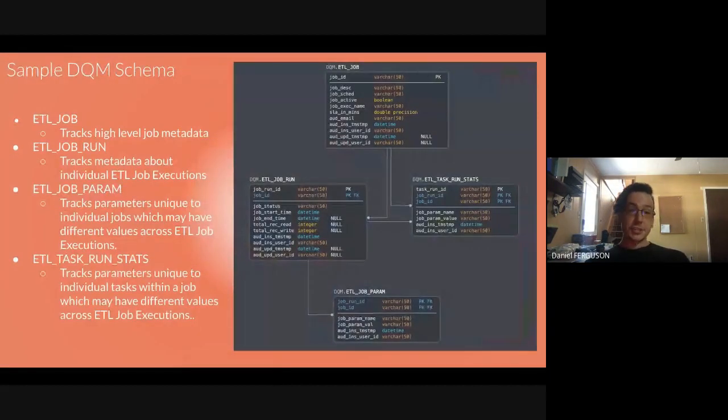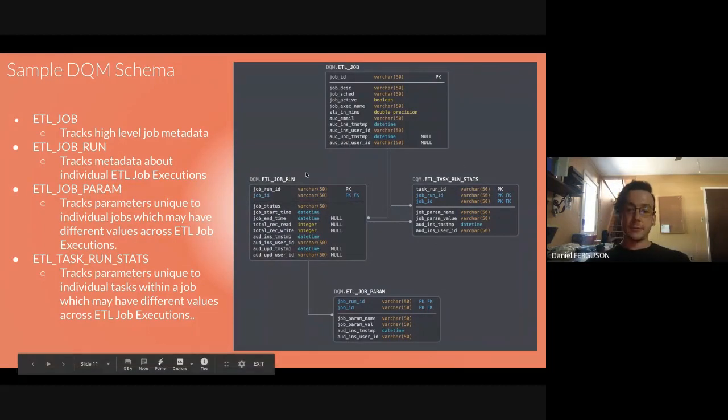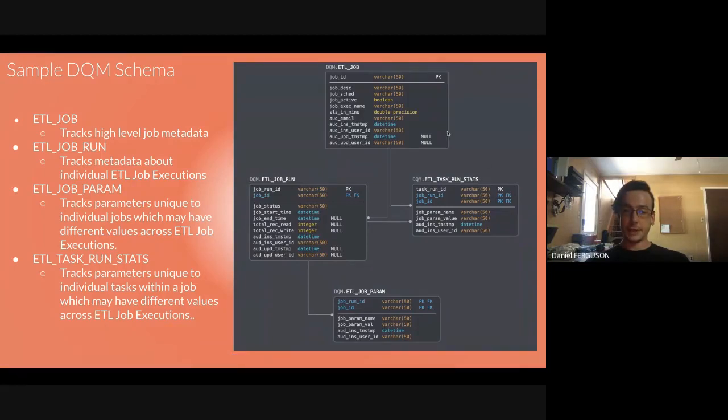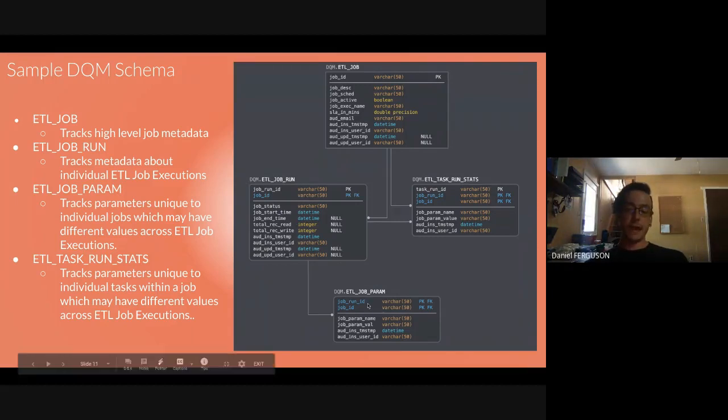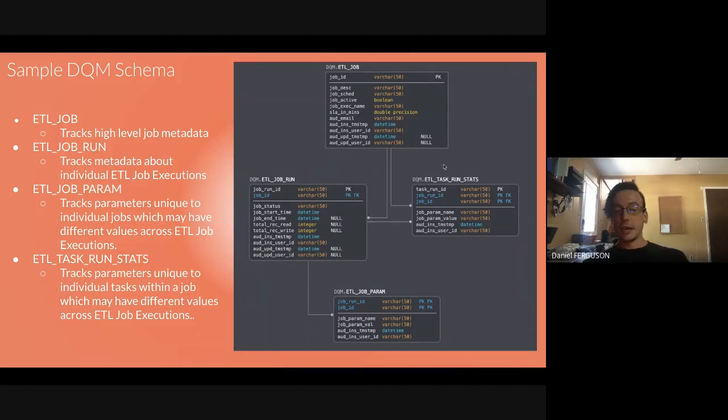This is the information that you're actually collecting from your DQM job. This is a sample schema that we actually implemented at a customer of ours. We used this to impart some DQM on a greenfield deployment of a data lake, data warehouse on Snowflake. And this is a sample schema of what we did. We did not implement job params because I just didn't need it. But this is a sample schema of the kind of information we collected using Airflow as an orchestrator and the data about those ETL jobs that we collected to enforce DQM.